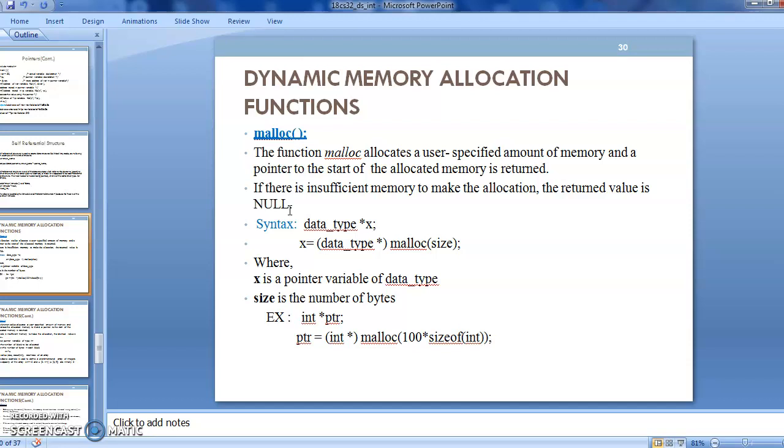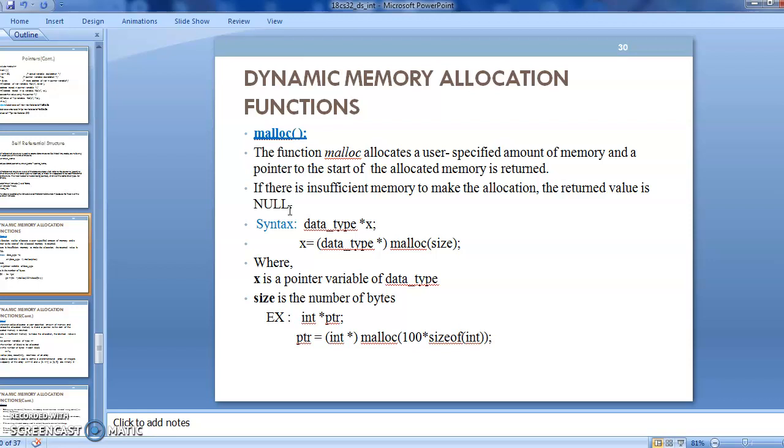Tomorrow in the next video I'm going to start with arrays and their operations: how to insert an element into an array, how to traverse through the array, how to delete an element from the array. These concepts we will study. Then after that the third chapter is string. In the string we use the same operations: how to traverse through the string, how to find the length of the string, how to read the string in reverse order. These concepts we study in the third chapter.